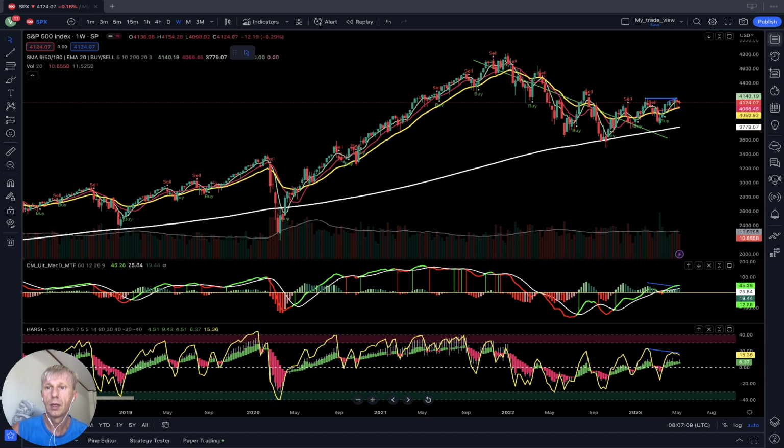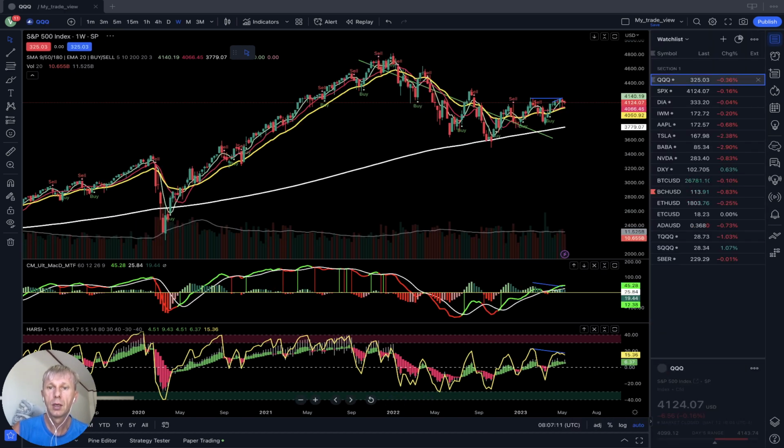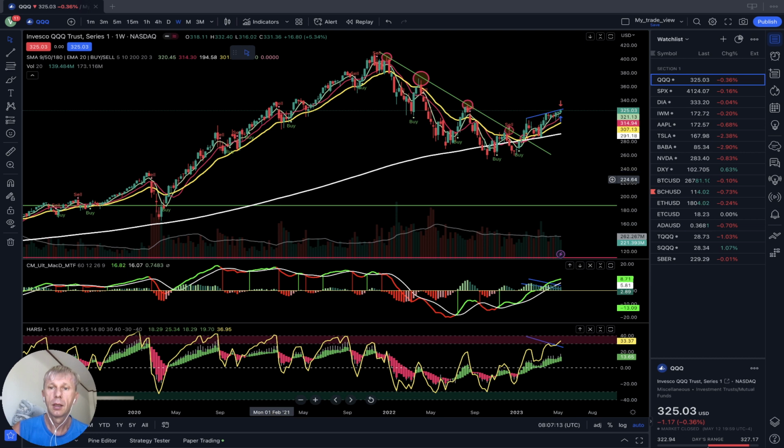You see, the yellow line never crossed the 200, white line. Let me show you the same Qs. And the last one was in 2008 also. It never crossed the SMA 200. That's what we observe. Okay, let's move back to